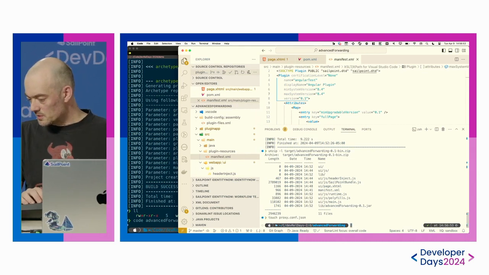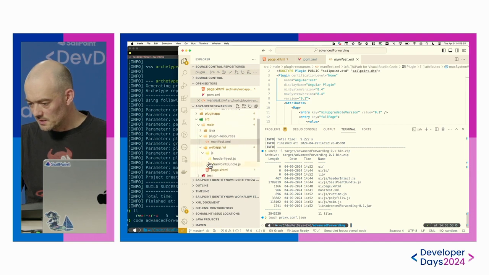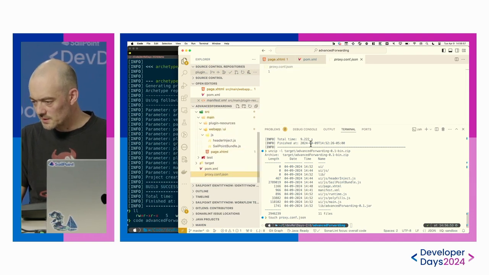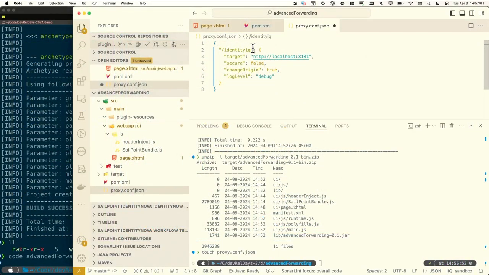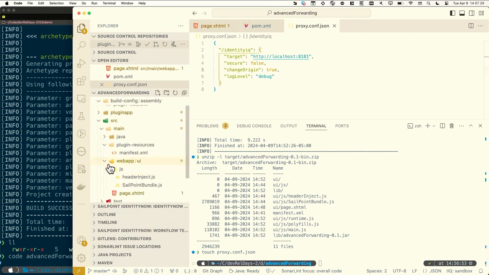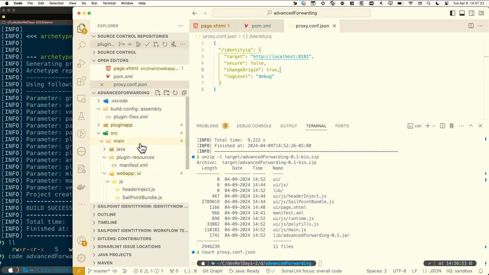We'll just create a proxy configuration file, and we're simply going to tell it anything that starts with /IdentityIQ, we want to forward to our IdentityIQ sandbox host, and this will be done by our Angular serving component, and then we just tell Angular,